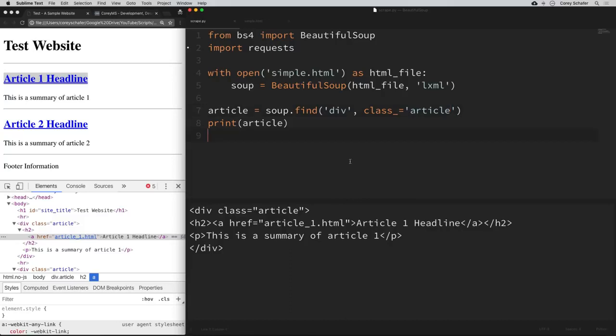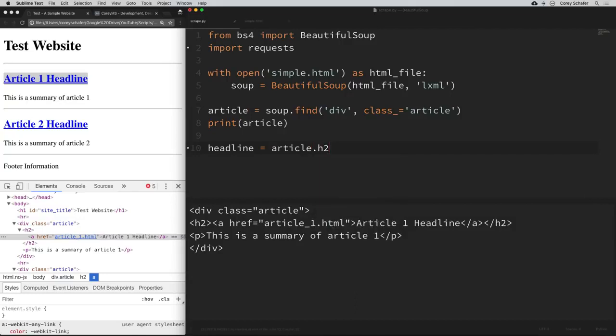And we can search that matched tag just like we search the entire HTML document. So we can access child tags with the dot access like an attribute, or we can use the find method. So for example, if we wanted to dig down into the text of the headline, then we could say headline is equal to, and now we don't want to use that entire soup, which is the entire HTML. We only want to search within this article. So now we'll say